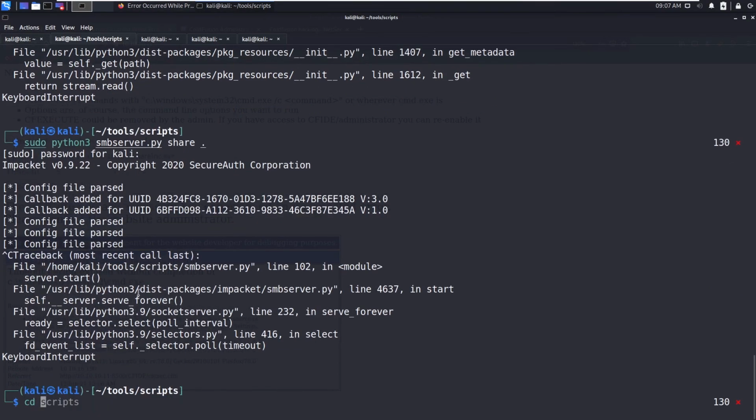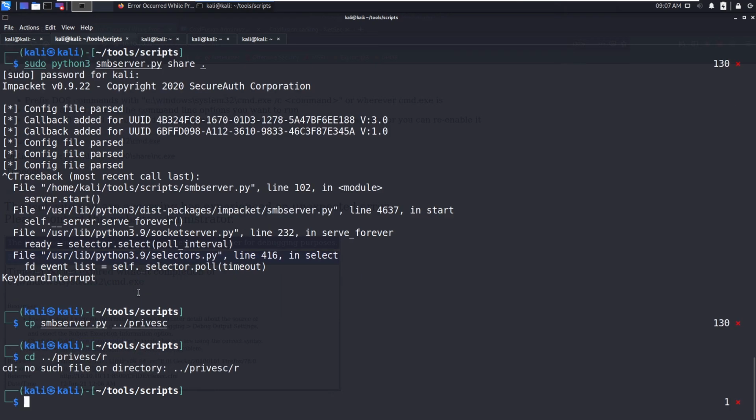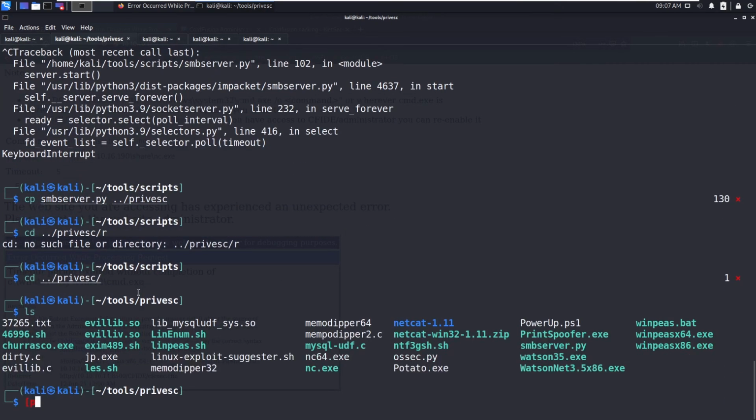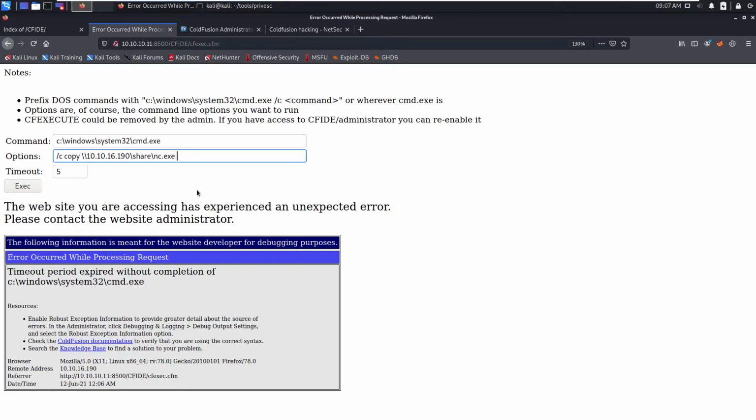Sorry, cp, assembly server py, and I am going to move it to privesc. Now copy to %temp%. So execute this.